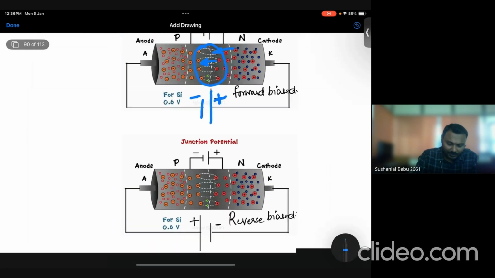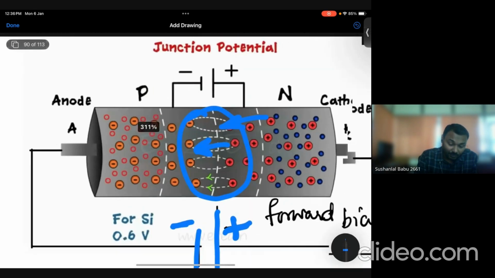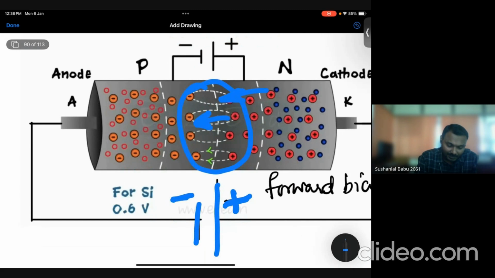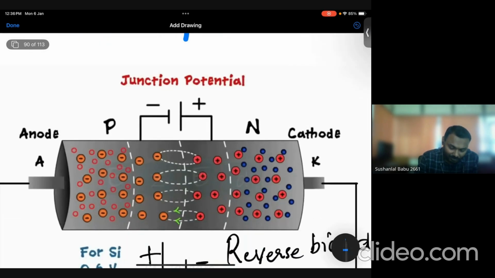And this is the reverse biased, where it is the opposite way. When the flow of current or electrons is in the same direction as the junction electric field, that is called forward biased. And if the flow of current or electrons is opposite to the junction electric field, then it is called